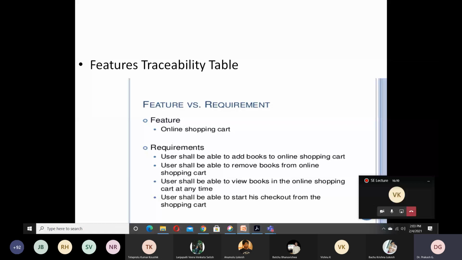Someone tell one feature, one requirement that has already been given by your friend. Some other feature, some other requirement, because some of you had that experience. Based on that only I'm asking: what else do you want to add into your cart? Any offers, coupon details? Okay, very good. Coupon details.